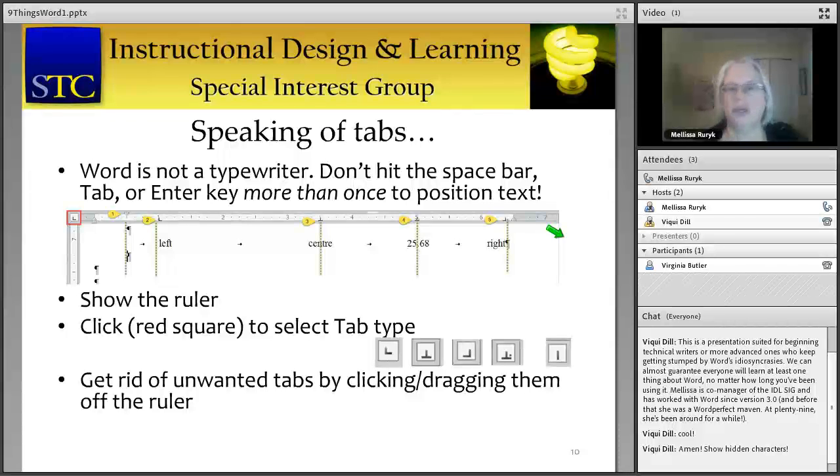Don't hit the space bar. Don't hit the tab. Don't hit the enter key more than once to position text. Word is not a typewriter. Show the ruler, and that's easily done. You just click on View in your Word document and click on the checkbox that says Show the ruler. Once your ruler is there,